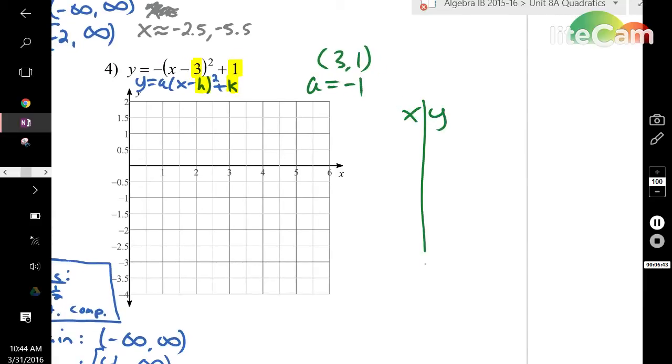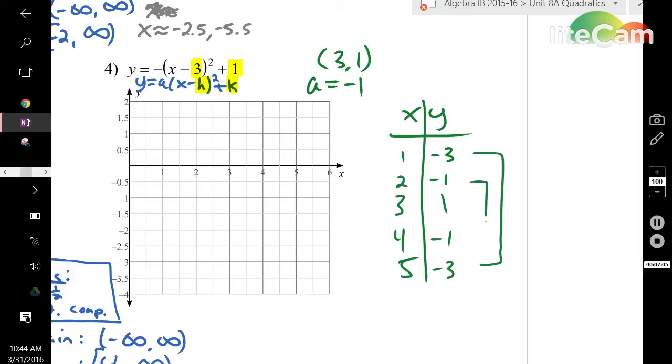In making your table, put 3, 1 in the middle, fill in your x values. You calculate your y values the same as before. I'm going to fill those in though to save time on this video. See how that's a mirror image still? So once you calculate this, it should come up like that, repeating themselves, the y values, to keep that U shape. Graphing this, 1, negative 3, 2, negative 1,